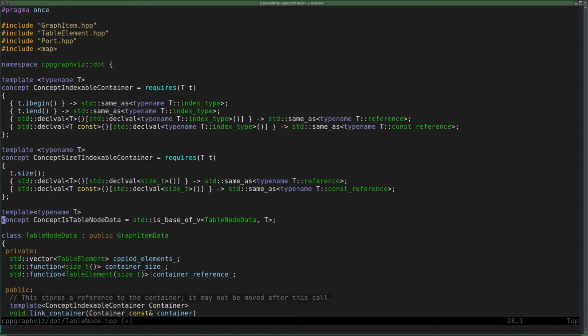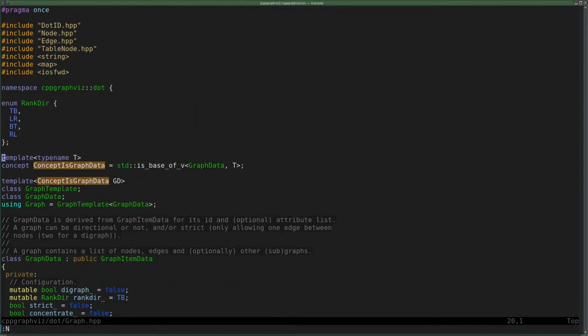Maybe I should put it below table node then. How did I do that in the other one? I just defined it. Okay, I guess this works